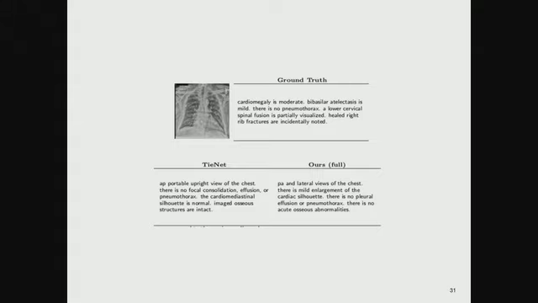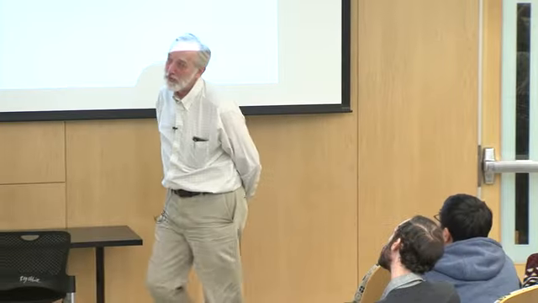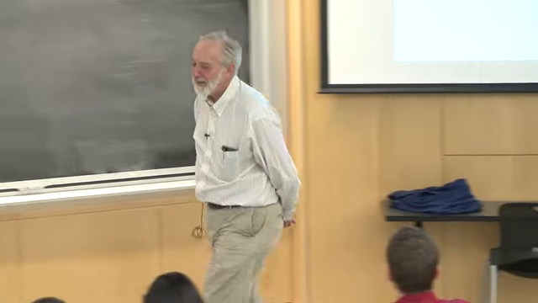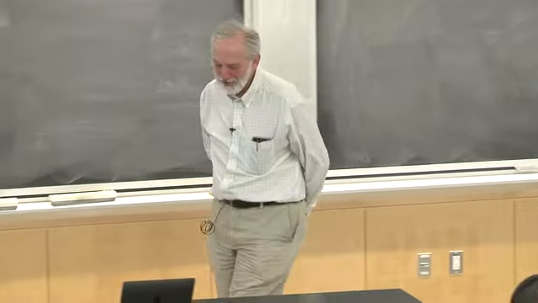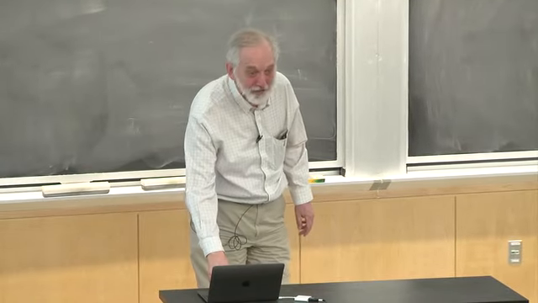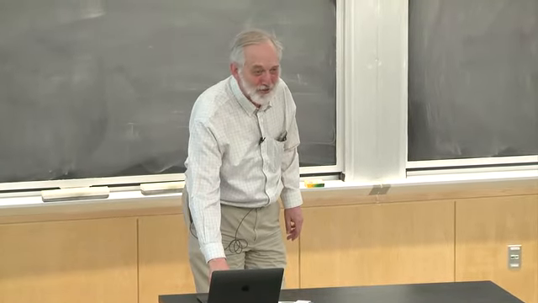So the system that the students built says there's mild enlargement of the cardiac silhouette, there's no pleural effusion or pneumothorax, and there's no acute osseous abnormalities. So it also missed the healed right rib fractures that were incidentally noted. But anyway, the remarkable thing about a singing dog is not how well it sings, but the fact that it sings at all.